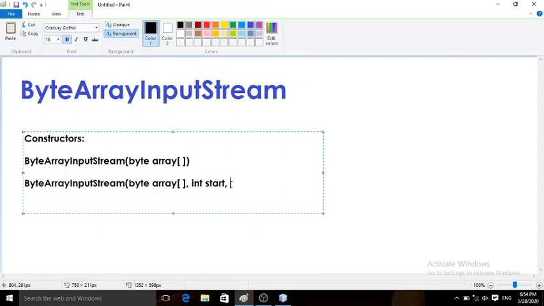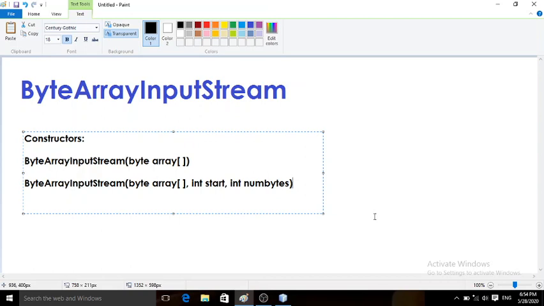The third parameter is int numbytes, which specifies how many bytes we want to read from this byte array. So we can use either constructor while creating an object of the ByteArrayInputStream class.